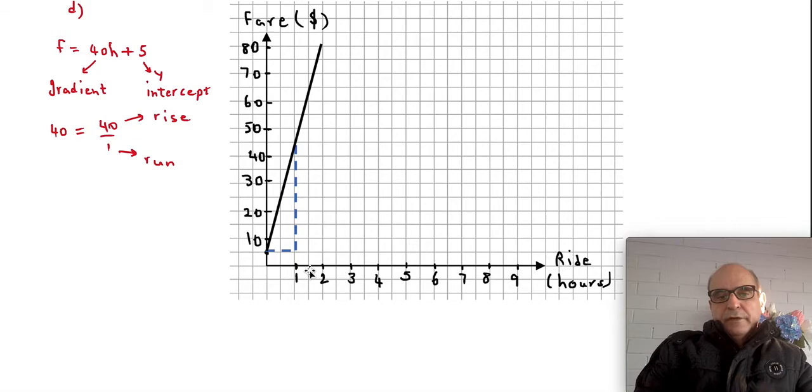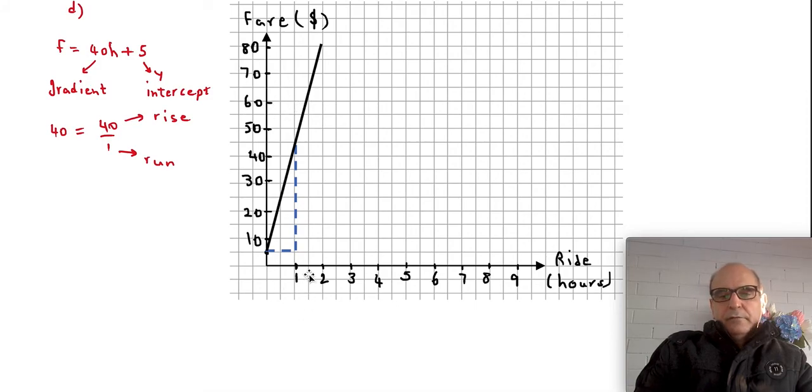Or if it is 1.5 hours, it's going to be around 65. So you go up from 1.5, and you will see that it gives you around $65 for a